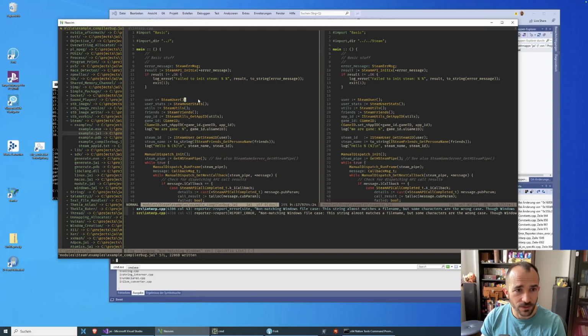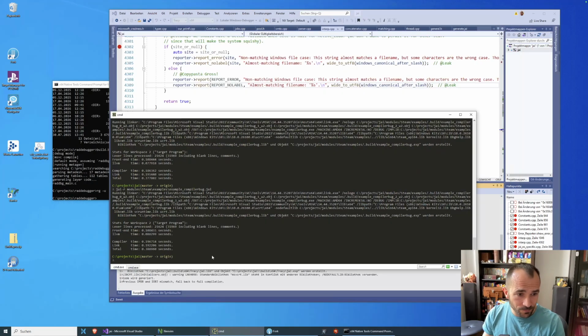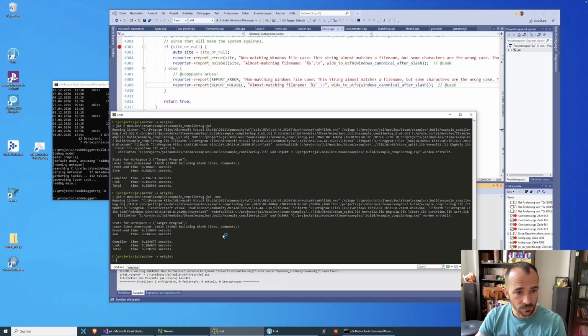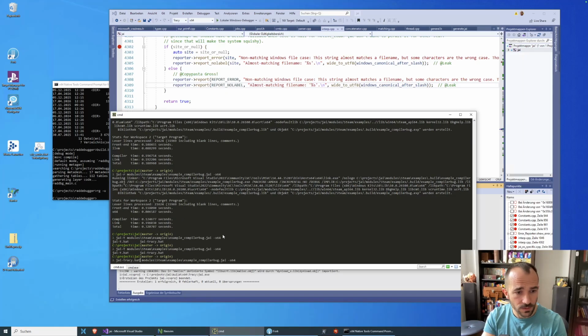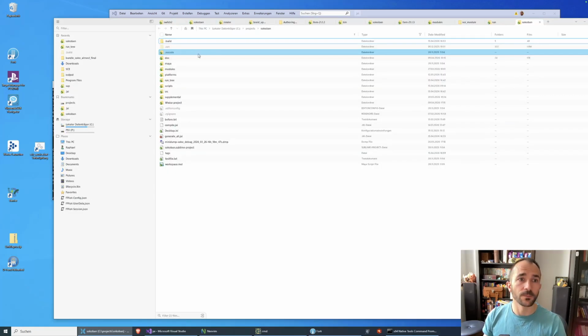Something weird is going on in the Steam bindings that we take so long. Not sure if we can see it in the profiling. Like 0.1 seconds might not be enough to see anything in the profiler, but we'll try. Let's do the x64 version also, so we have less LLVM overhead. Okay, and then we do, what did I call that? Tracy, try Tracy. So we need to run Tracy, which I have somewhere.